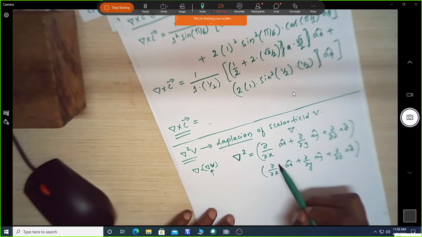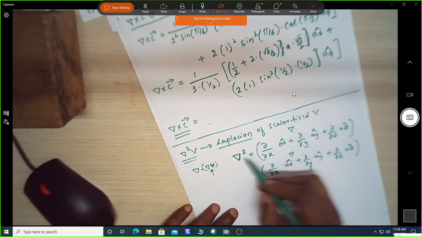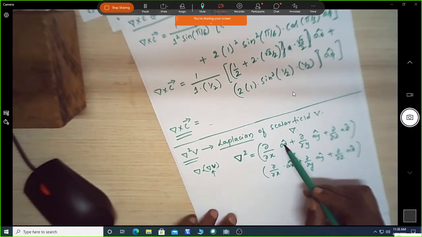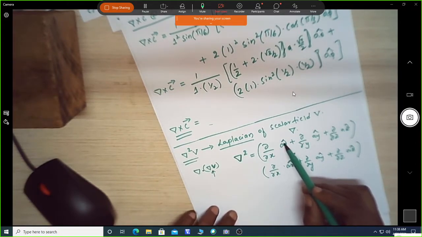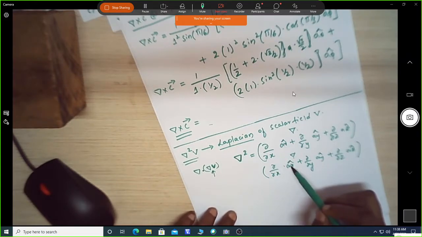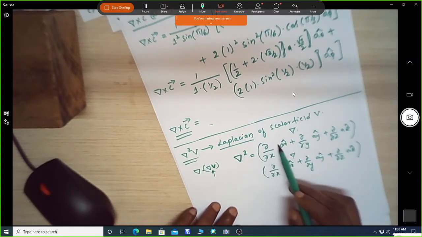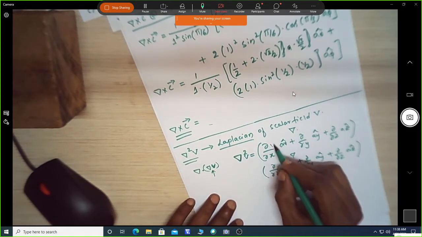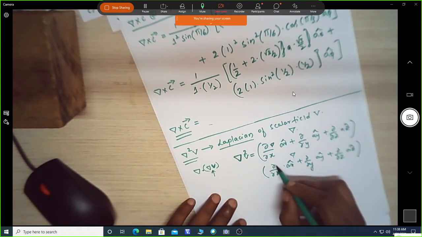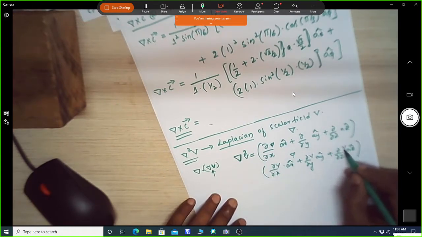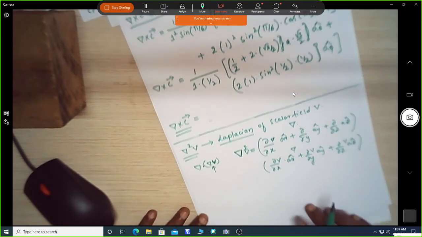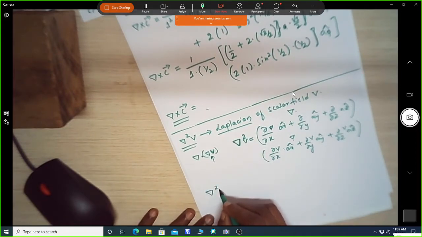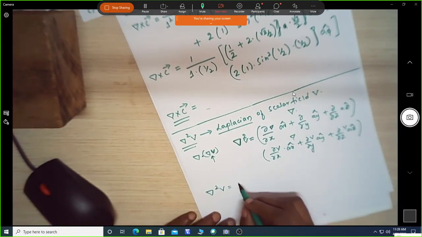So now if you multiply del and del, it will become del square. You can observe here that when we multiply the unit vectors ax and ax, it will become 1. So whatever operation I do on V will become a scalar. That is del by del x; whatever del of this V, if I operate two times, this will become a scalar.